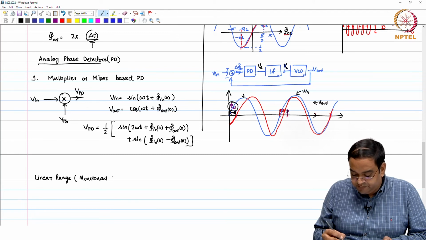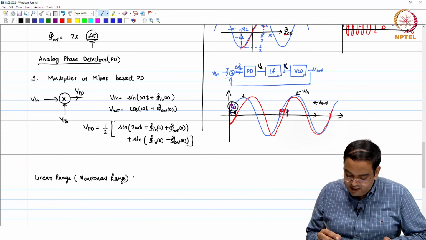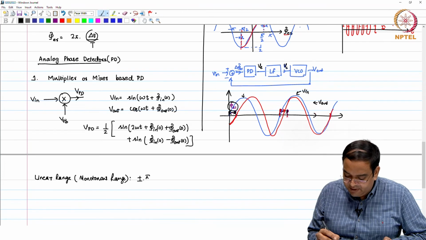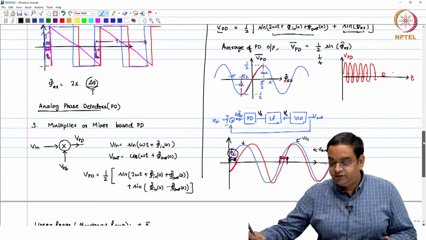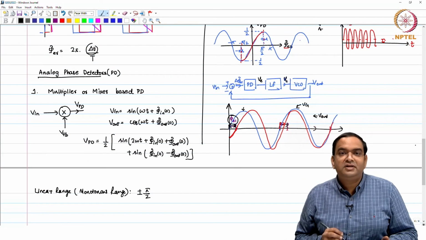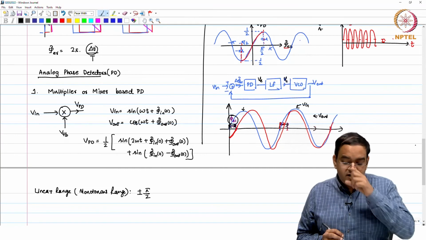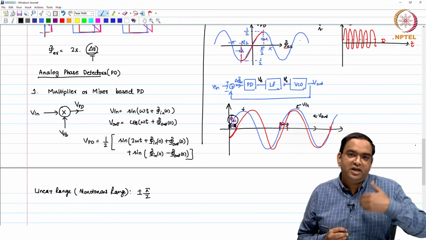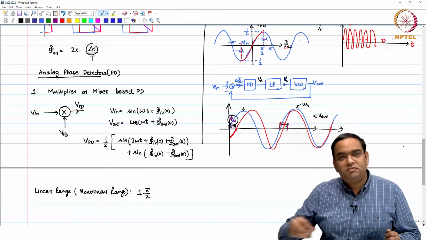you can call, is equal to plus minus pi by 2. So, this is something which we want to define here, and if your phase error is within this range, you will see that the change is in the correct direction and your PLL will lock, without going